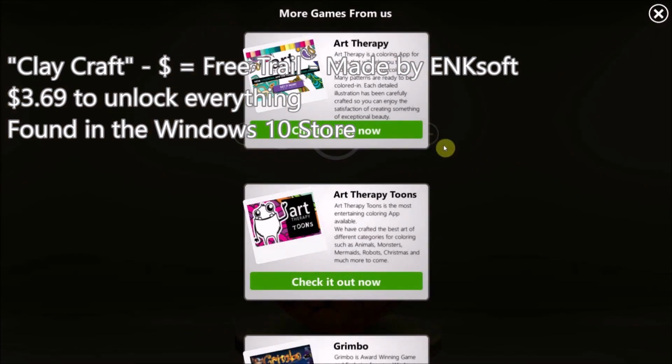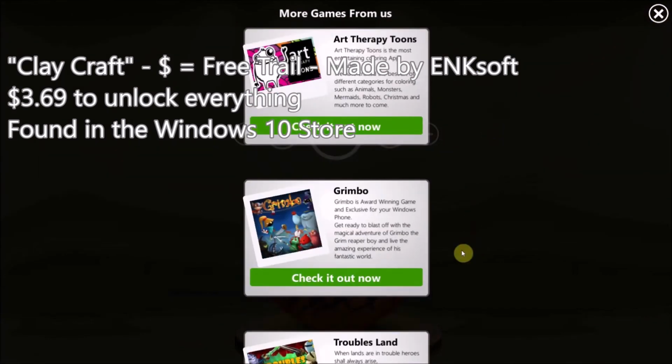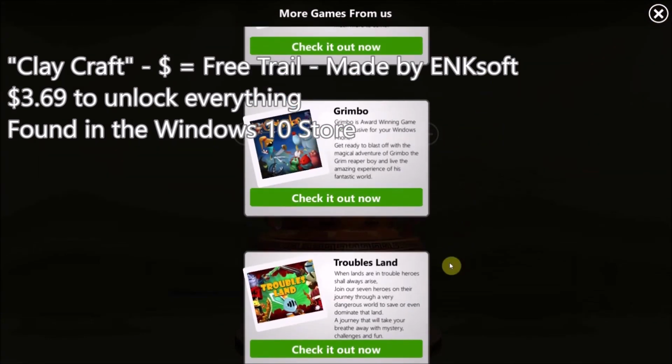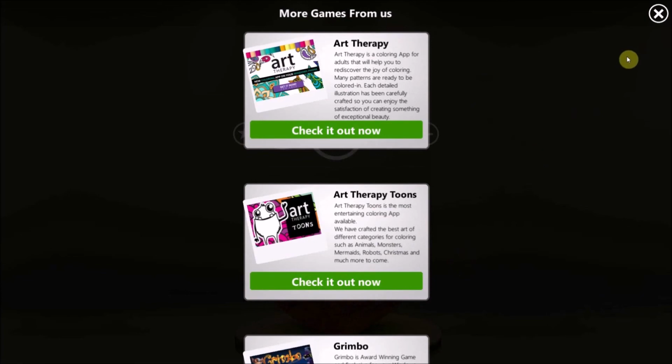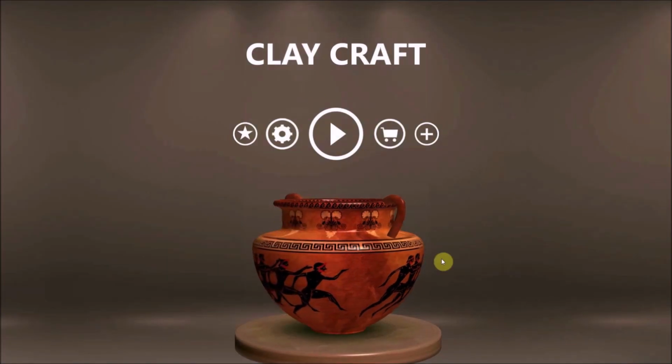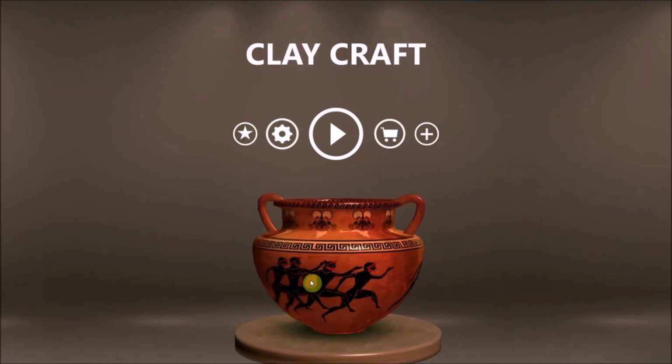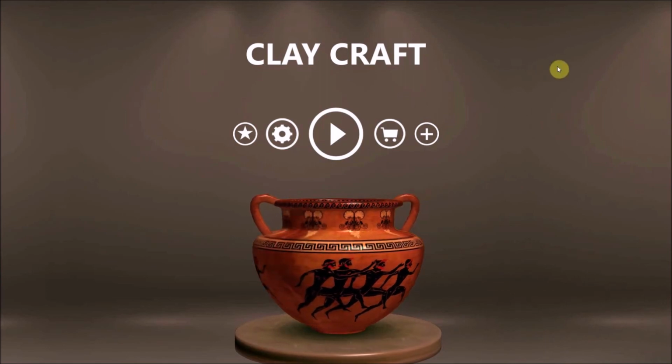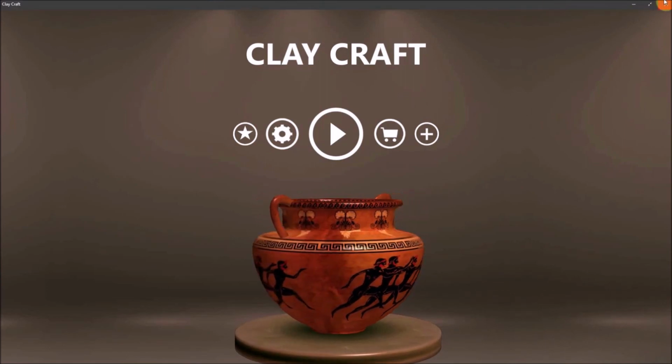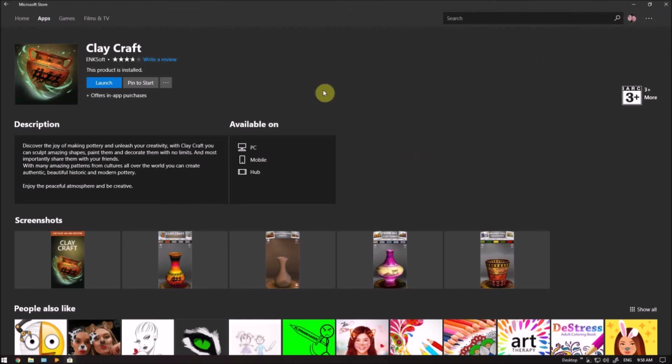Quite a fun little game. Oh, look, they make different games. Oh, that's cool. Like an art therapy thing. Oh wow, that's quite cool. Like, I think that's a really cool thing, and like, I assume you would get all these cool designs when you play it. Okay. But I think we'll end on that one,